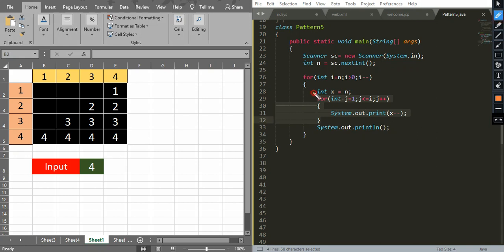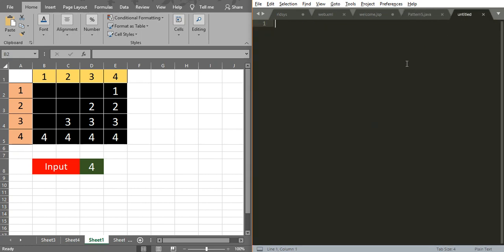So before this for loop, we have to write one more loop for printing the number of spaces, before this highlighted loop, right? Okay, let me create a new program.